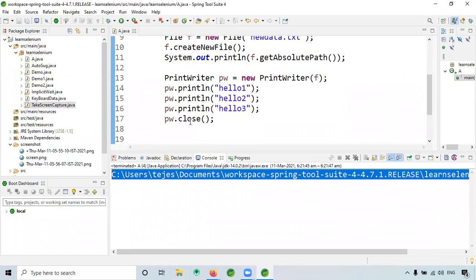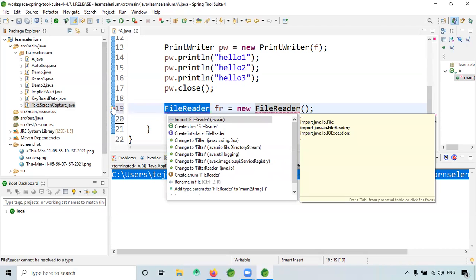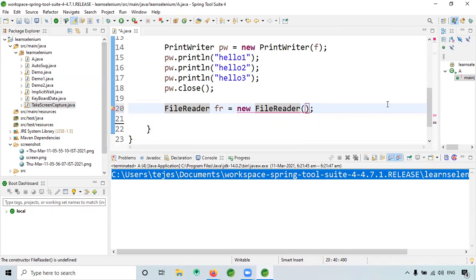Now if you want to read something, we have to use something called FileReader and BufferedReader. So it is like FileReader fr is equal to new FileReader, import it, and I'm specifying f.